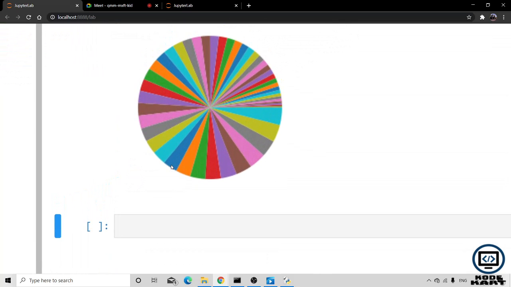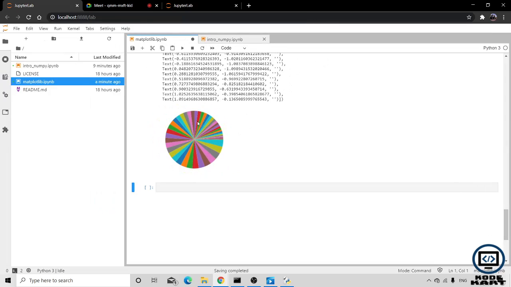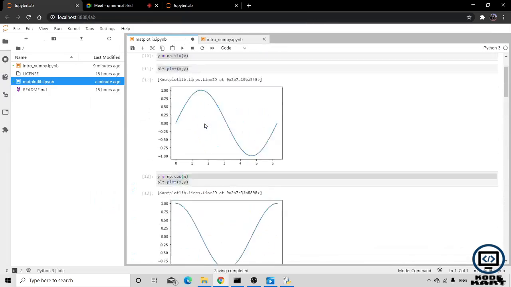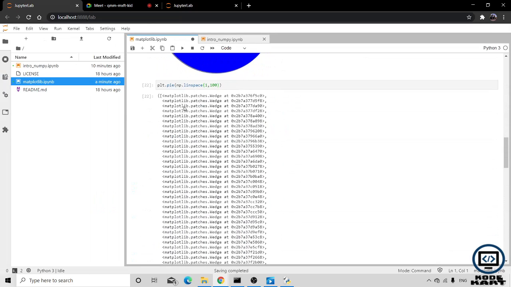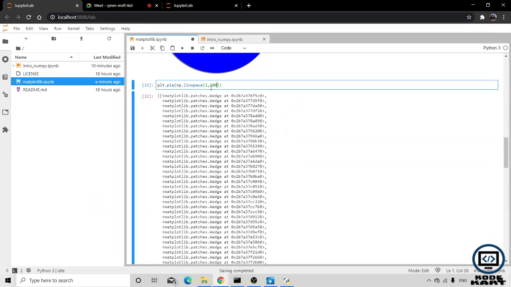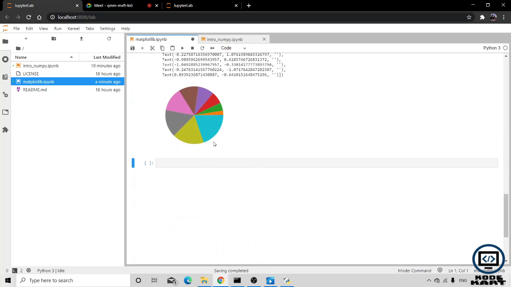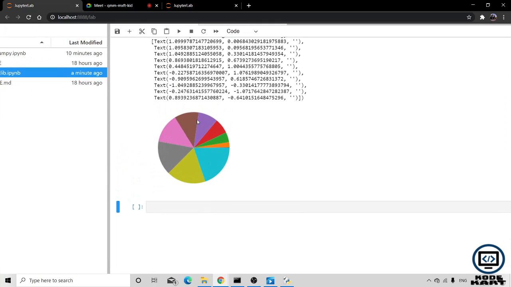This is some sort of rainbow generated with all the very different values. It generated 50 values, I think, because linspace takes 50 values by default. But if I do 10, then it will work fine. Yeah, if I generate up to 10, then the pie chart has generated 10 values, 10 bars in it.